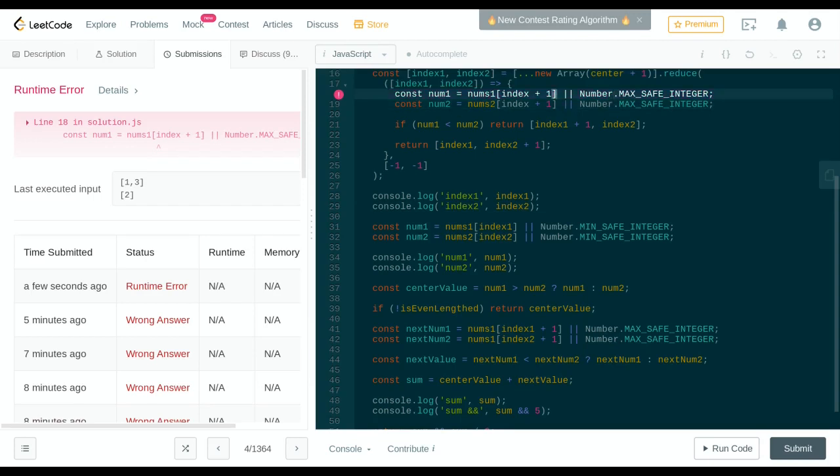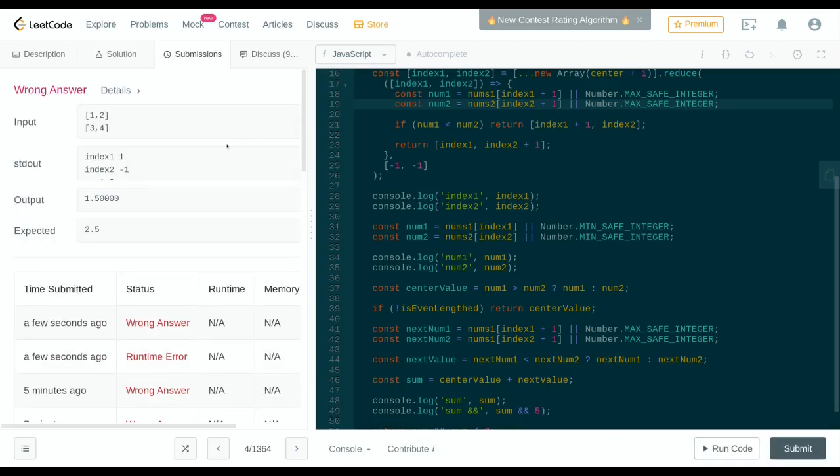Cool. What did I do wrong? Index is not defined. That's correct. Index 1, index 2. Okay. So now we are exiting the array with also, again, an incorrect index 2. So we should be exiting the array. No, that's correct. This is how we should be exiting the array. We had just visited 2, and then we want to add 2 and 3. And then our output's 1.5,